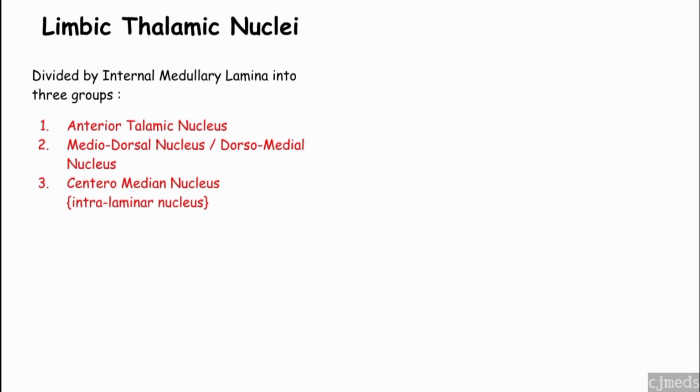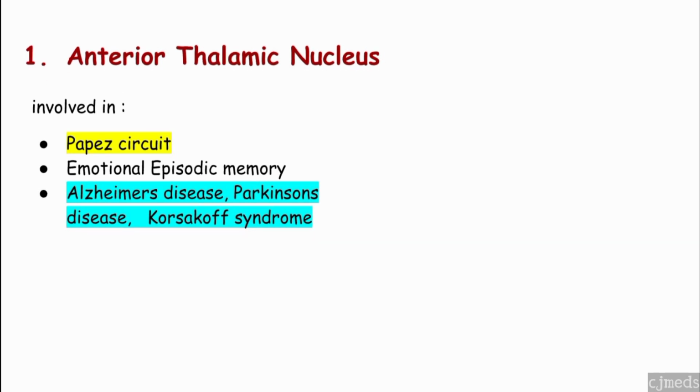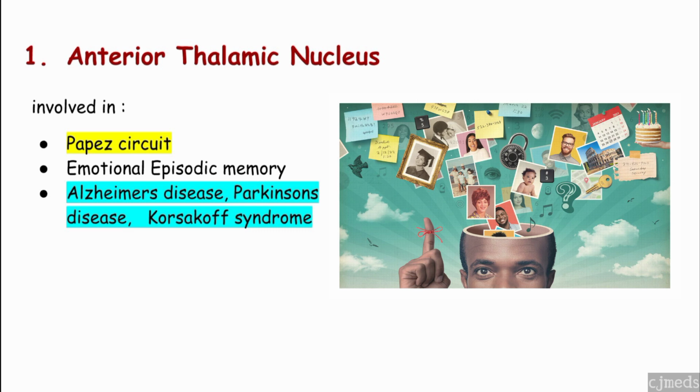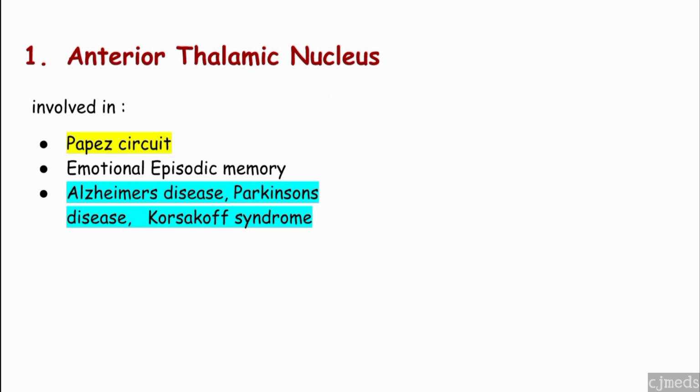Let's get started with the anterior thalamic nucleus. The basic thing I want you all to remember is that this nucleus is involved in a special type of circuit called the Papez circuit. It is important because the Papez circuit is involved in episodic memory, particularly the emotional type of episodic memory. So if there is damage to this Papez circuit, it will damage the emotional episodic memory and cause certain